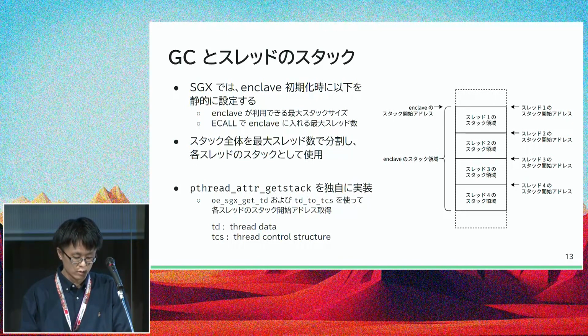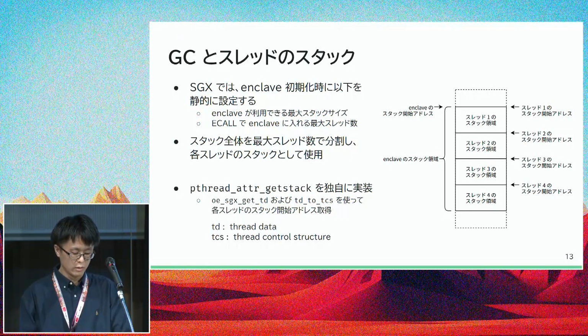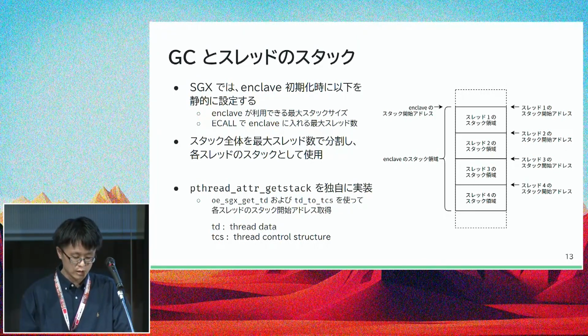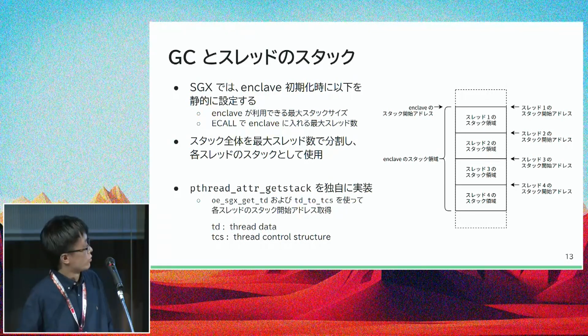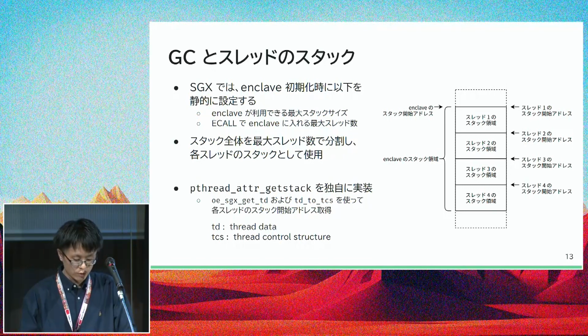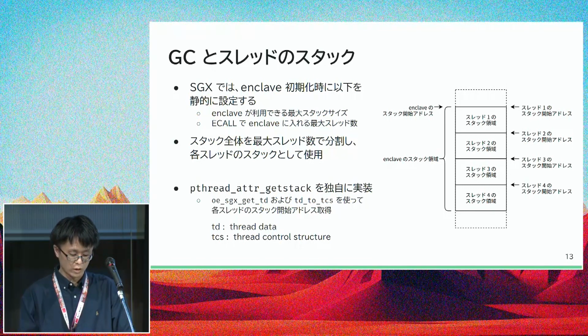In SGX, enclave uses the max stack size, and enclave can actually bring in the maximum number of threads, and actually at the time of enclave, the setting is statically set. In the newly developed development kit as shown, the total stack region of that enclave can be divided by the number of threads. And then each region is actually defined as each respective thread stack. For these reasons, the insufficient thread attributes are actually identified.